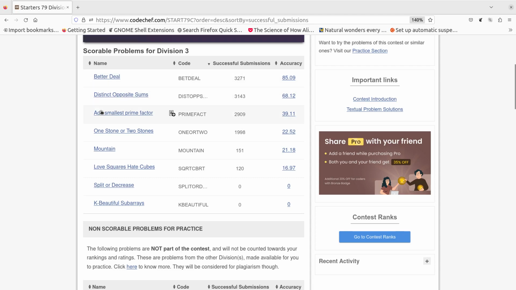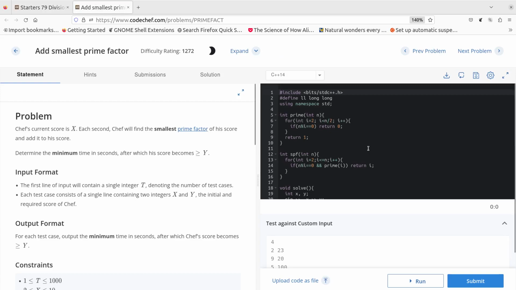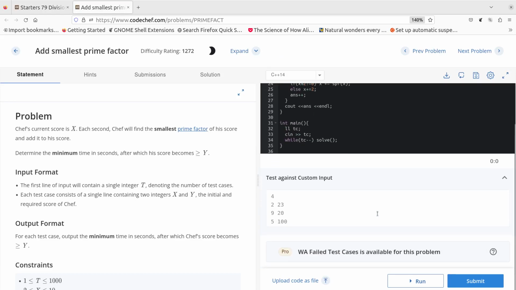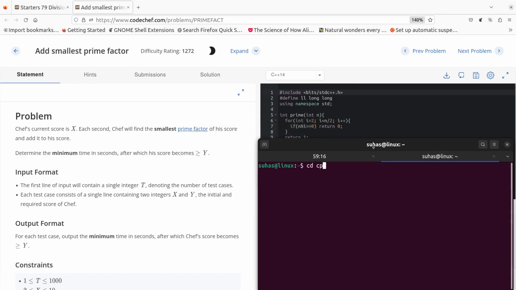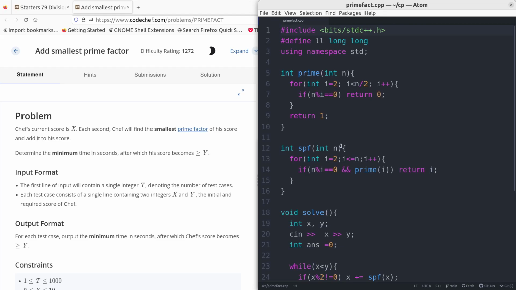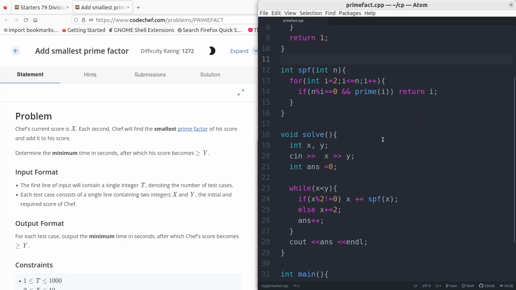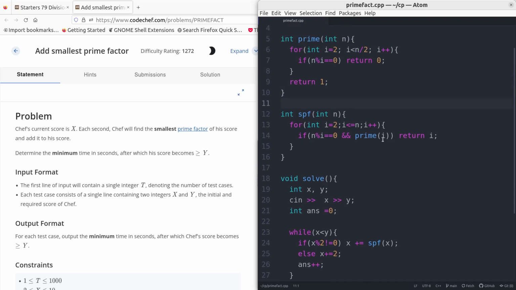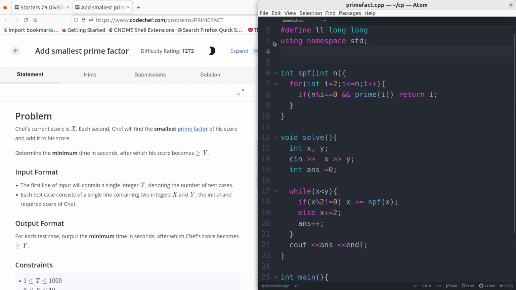We have solved listing suppositions, add smallest prime factor. Actually, we are getting TLE for this question, right? So let's open this, the smallest prime factor. Okay, how do we reduce its time complexity? Well, here we can remove this prime function,